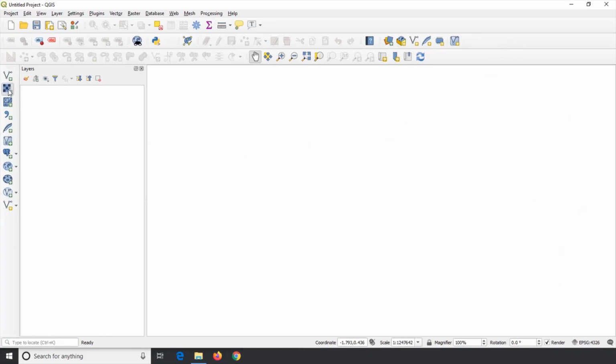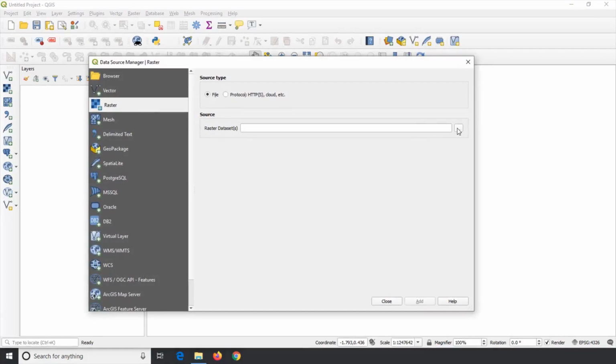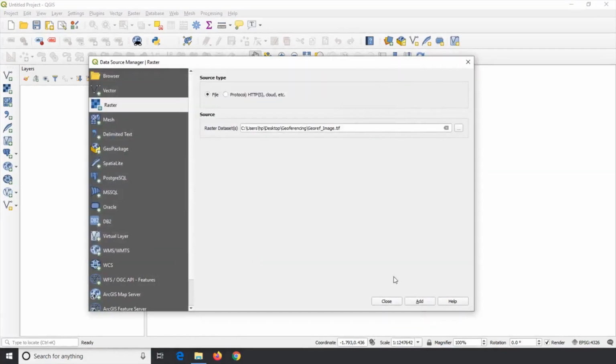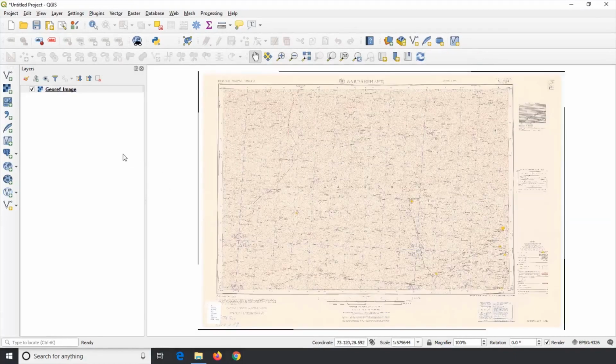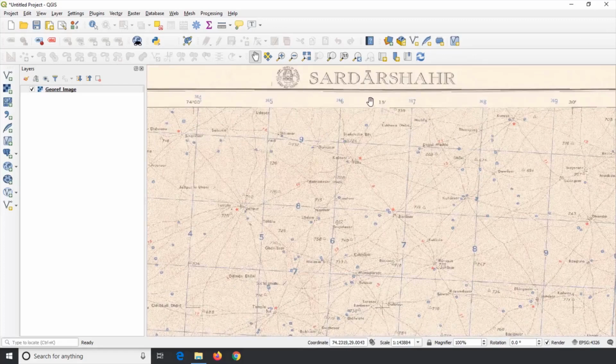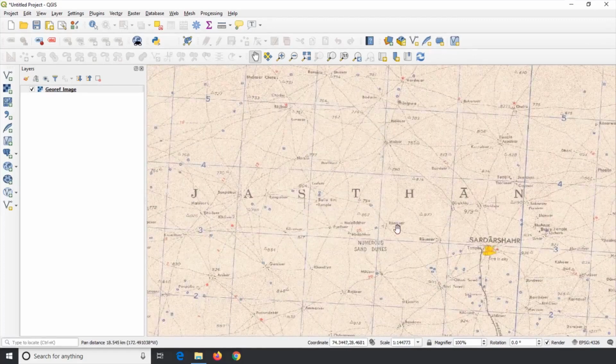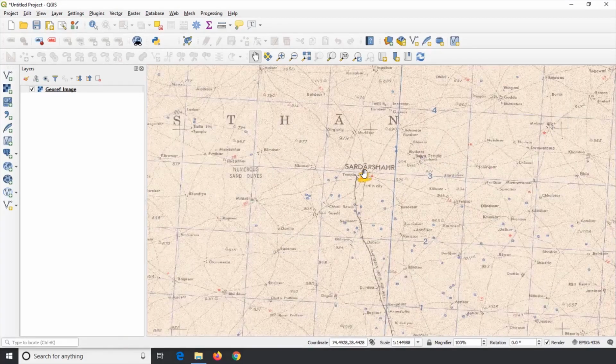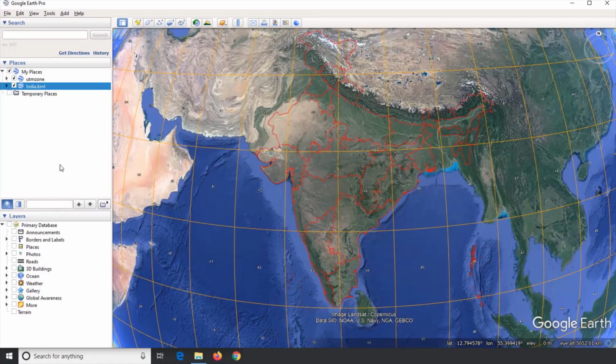I click on Add Raster icon, then browse to the place where I have saved the georeferenced image and open it, followed by a click on Add and Close. To find out the location of the topographical sheet on UTM zones, I identify any famous location on the topographical sheet and enter it into Google Earth search.